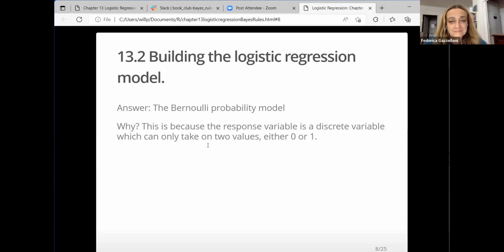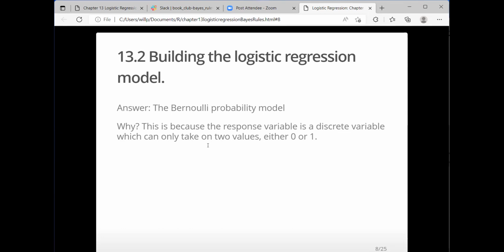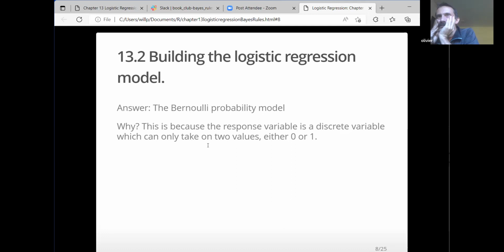So if I got it right, a beta can take any value between 0 and 1, and it's continuous, right? Yeah. But the Bernoulli is either 0 or 1. So it's a binary outcome. That means it would be correct to say that it's Bernoulli then? Yeah, it is Bernoulli. That's what we want in a logistic regression, because it's a method of classifying things between two different outcomes. So it's either going to rain or it's not going to rain. It's either going to be one or the other.